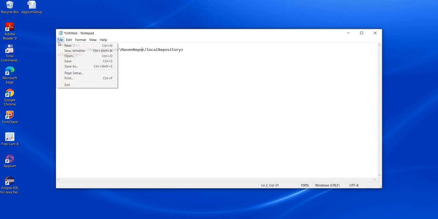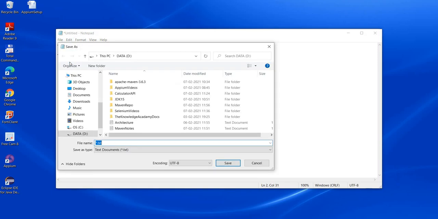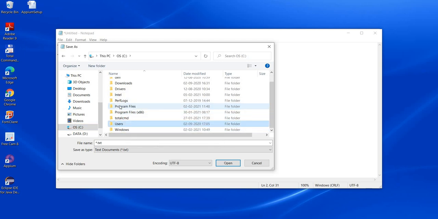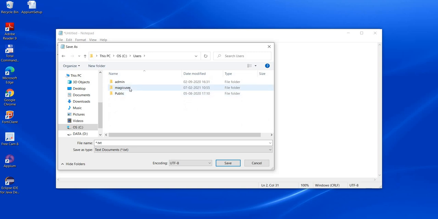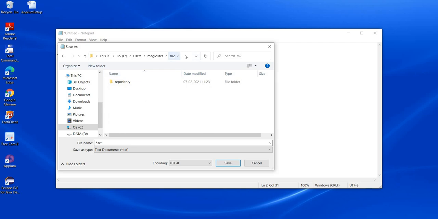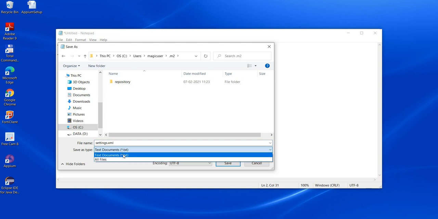Now this file we have to save, please concentrate guys on what I'm saying, inside C users, your current user, this .m2. So this .m2 is the Maven installation directory. Inside this we have to save this file as settings. We cannot give any other name to this file. Settings, with an S at the end, settings.xml, and it has to be saved as an XML file and not as a TXT file. So save as type should be all files.